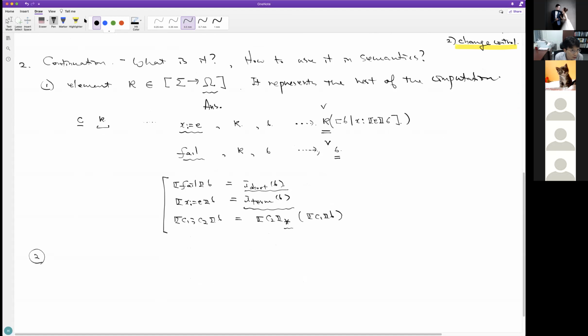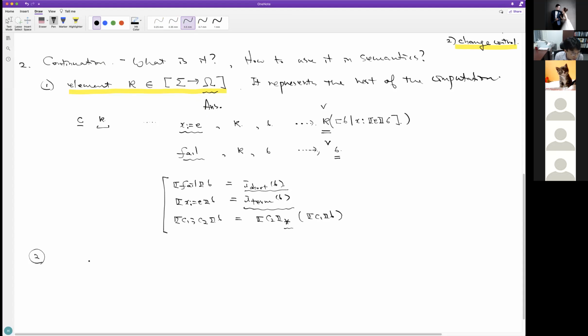As I said, the continuation is nothing but, mathematically, a mapping from states to omega. But this omega should be understood as a final answer. In some setups of continuation semantics, they use a different space of answers instead of omega, but in our case, it happens to be omega. This is a final answer, and it represents the rest of the computation.